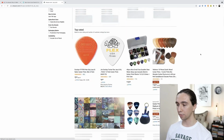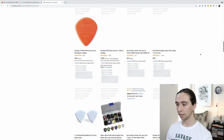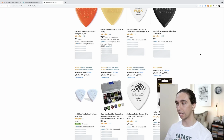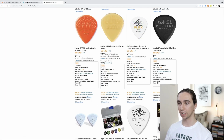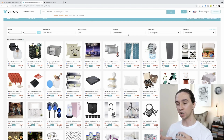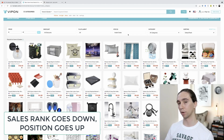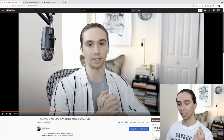So as I come through here, their whole goal, if they were giving away coupons, it would be to try and rank for certain things that they think that they will sell for. And look, it's right there. So that's the one that we were just looking at. Now, this isn't going to rank them for specific keywords, but in general, when you have a lower sales rank, you are generally seen as a higher quality product by Amazon, or one that people purchase more, so you get ranked higher. So we'll go through this list and look, but really quick, before you do,